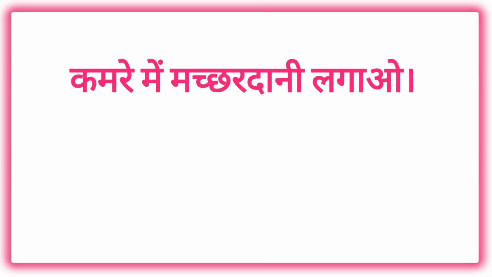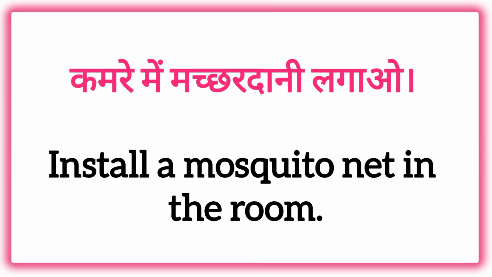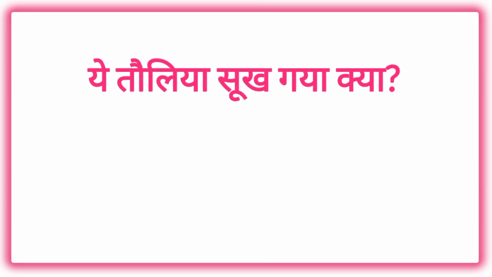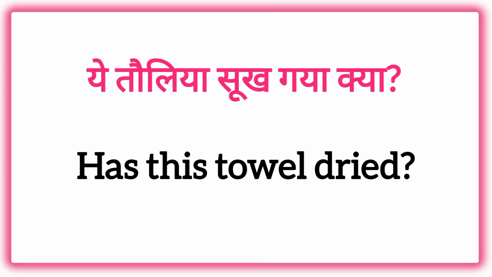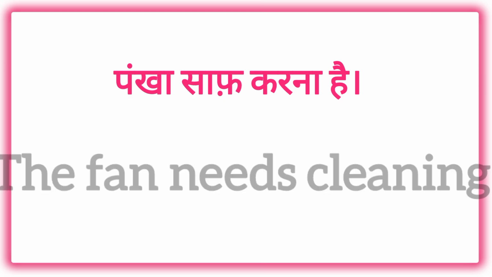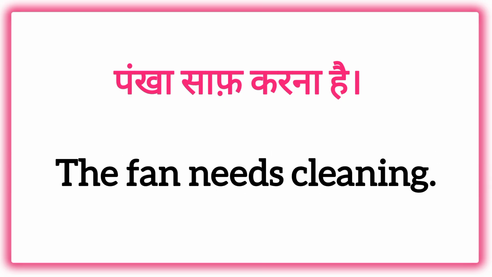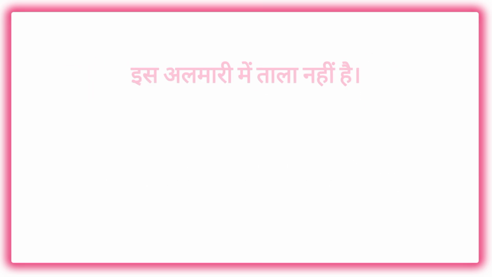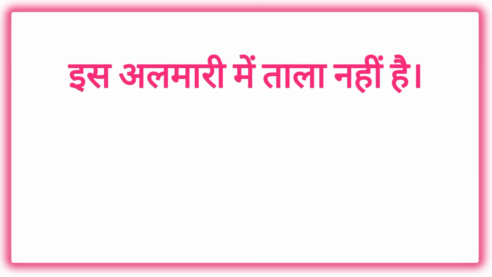कमरे में मच्छरदानी लगाओ। Install a mosquito net in the room. ये तौलिया सूख गया क्या? Has this towel dried? पंखा साफ करना है। The fan needs cleaning. इस अलमारी में ताला नहीं है।